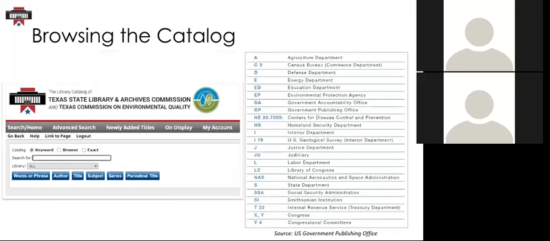Another way to use the TSLAC catalog is to browse by call number. This gives you the same experience as if you were browsing the shelves. As I mentioned earlier, US documents use the SUDOC classification system. The useful thing about this system is that it's organized by agency. So if you want to only browse the shelves for documents produced by the Centers for Disease Control and Prevention, for example, you could do that by going to the catalog homepage,